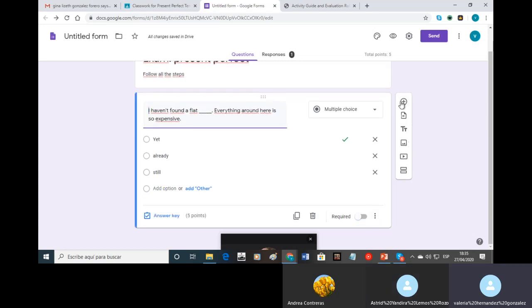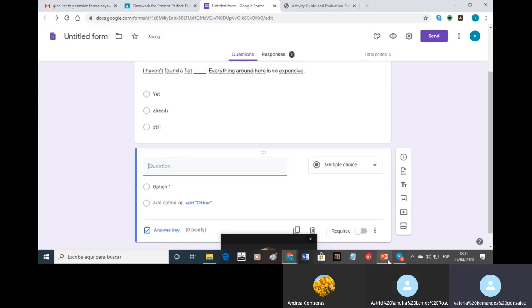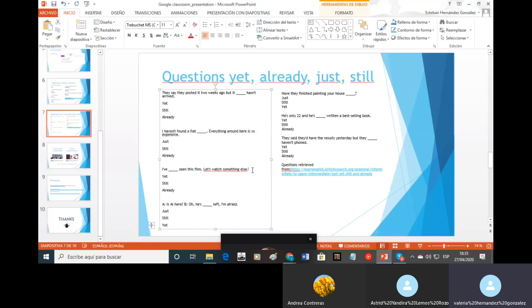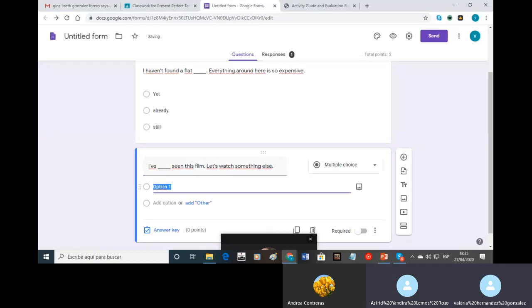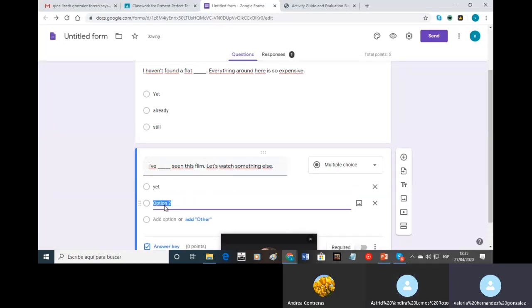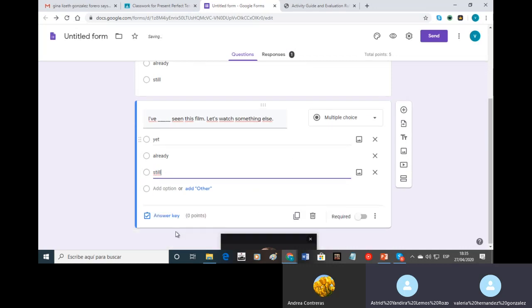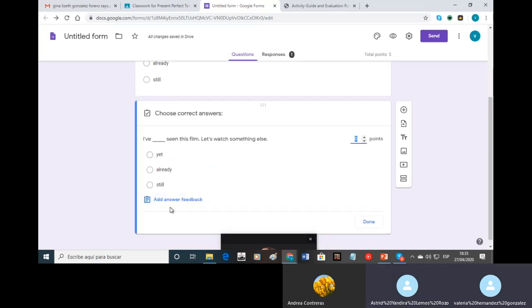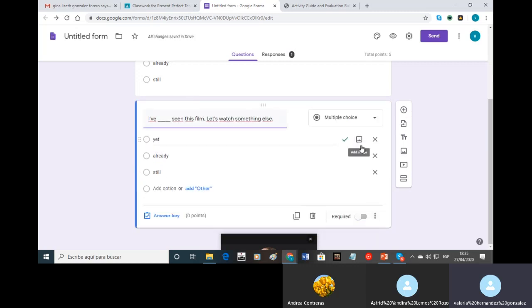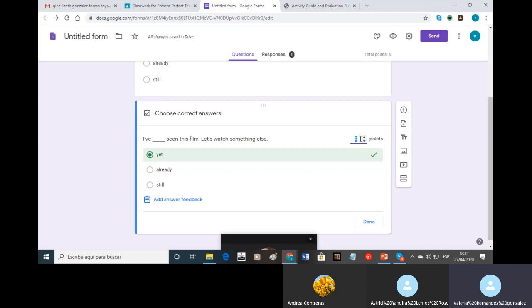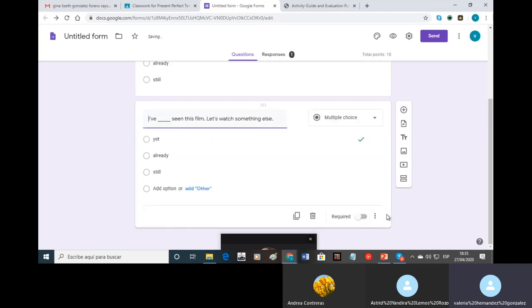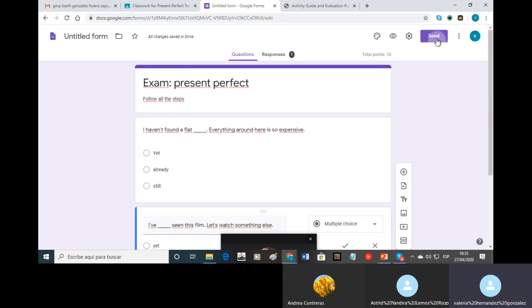For example, you want another question. You click here in Add, and you're going to write another question. For example, this one. Here you write the options. And you're going to click here in Answer Key, and you choose the correct one, for example, Yet, and click Done. And click again here and give the score, for example, 5 points. And I'm going to share again